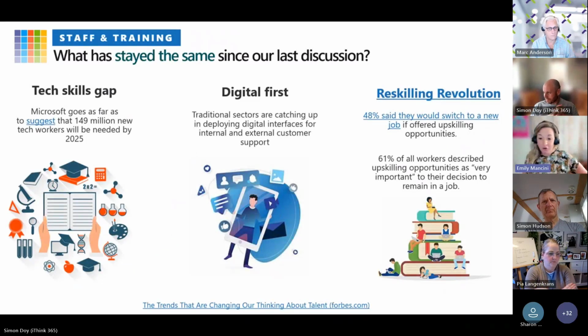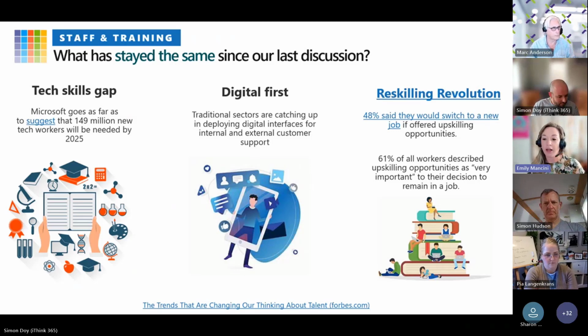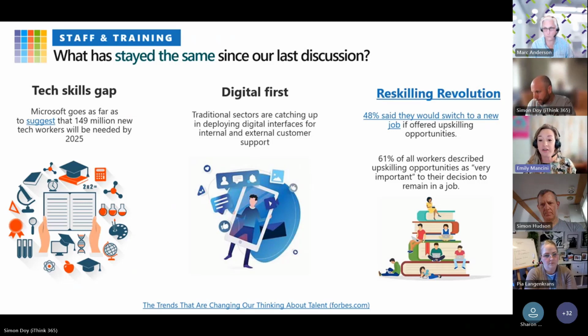So then when we're looking at digital first, a lot of organizations have really shifted and understood that whether it be internal or external customer support needs to be done in this digital place, supporting a lot of those different hybrid scenarios, especially we've seen this for some of those industries that have been lagging. So this may be organizations that were Teams first and now have seen their maturity grow out of just having conversations there. They realize that they need to have documented information around business processes, expectations at work, and they're trying to build this into things like their intranets.